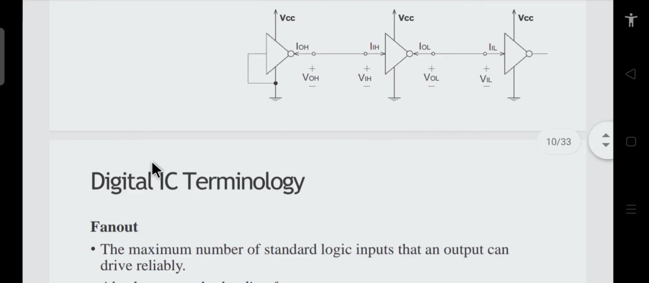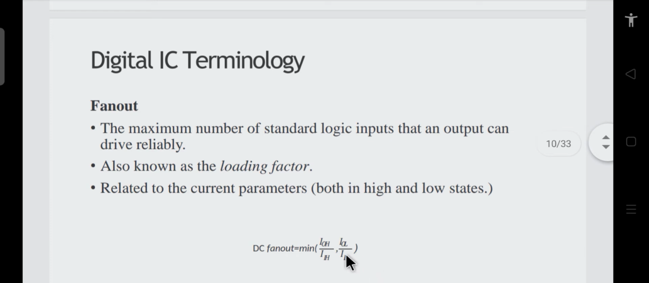So if you take the ratio of these two, IOH upon IIH, that is whatever current is coming into the output when the output is high, and whatever current is going into the input when the input is high. So that is one ratio, and the other ratio is IOL upon IIL. So the minimum of these two is called your fan out. So we are taking the worst case scenario. The worst case scenario is the scenario which is